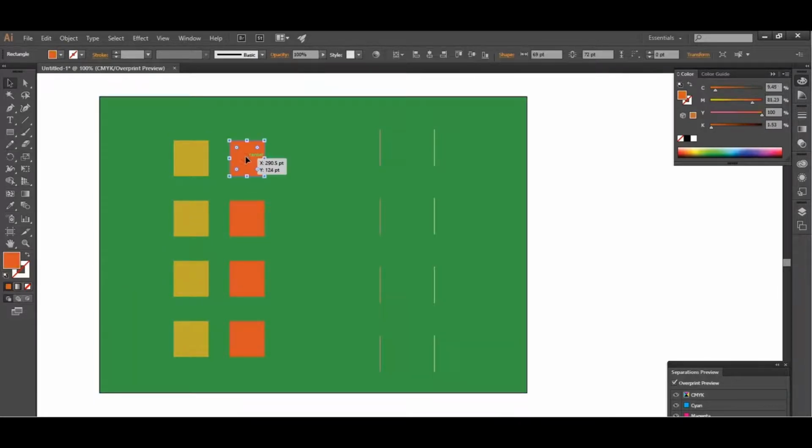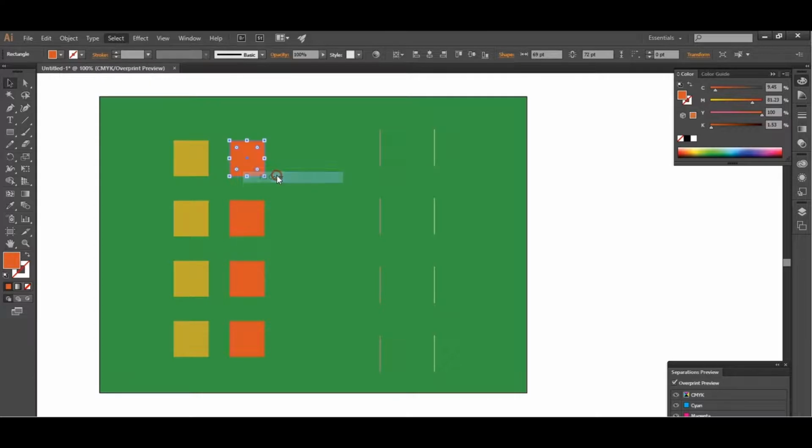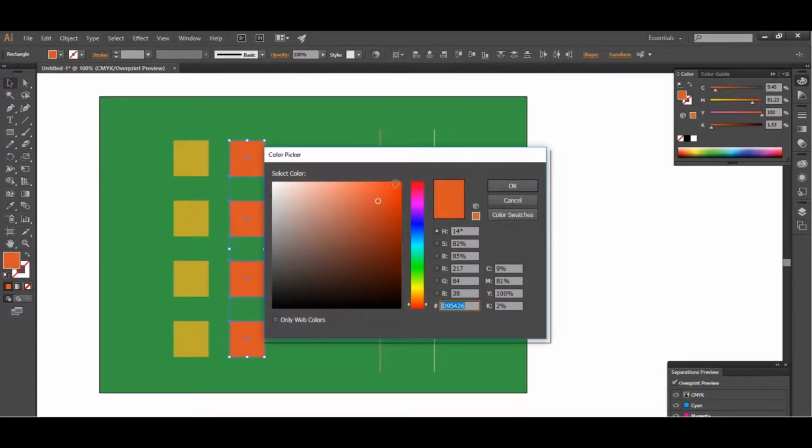So now I will change this red color. Go again, Select, Same, Fill Color. So all red are selected. Now I can change the color,